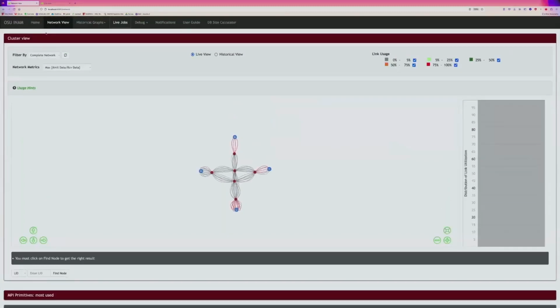I think this is too tiny. So right now, I have OSU INAM running on our in-house cluster. So the first thing you see, it's how